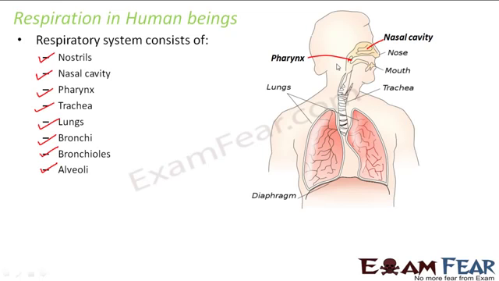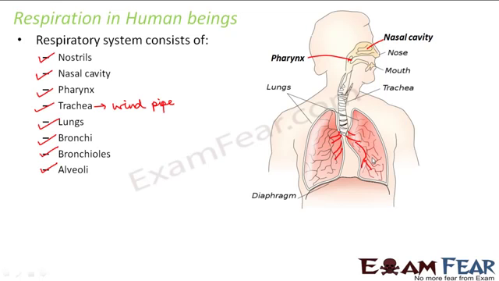Next is the trachea. Trachea is nothing but the wind pipe. Here you can see the trachea, a pipe-like structure. This trachea will go and reach the lungs. There are two lungs, a pair of lungs, and the trachea will go and connect to both the lungs. Bronchi, what are bronchi? The trachea will divide like this in both the lungs. The branches of the trachea are known as bronchi. The bronchi will further divide into smaller branches known as bronchioles, and bronchioles will again divide into further smaller branches, that is alveoli.